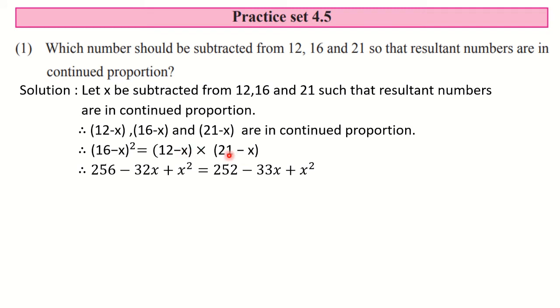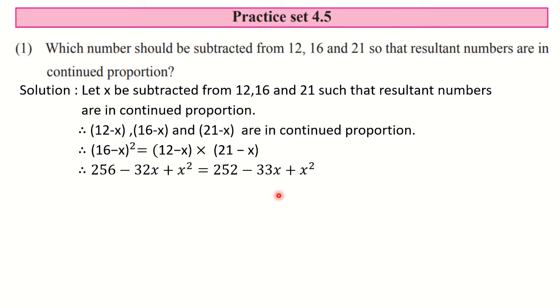See, both the places minus sign is there. So what you have to do is multiply these two numbers first. So the multiplication is 252. Then I told that add these two numbers, 12 plus 21, that is 33. But since x is minus, minus 33x. Or simply you can observe here 12 into minus x is minus 12x and 21 into minus x is minus 21x. So minus 12x minus 21x is minus 33x, and this minus x into minus x is plus x square. So this is simply the expansion.